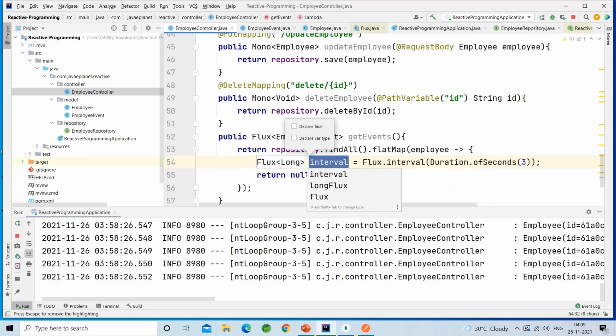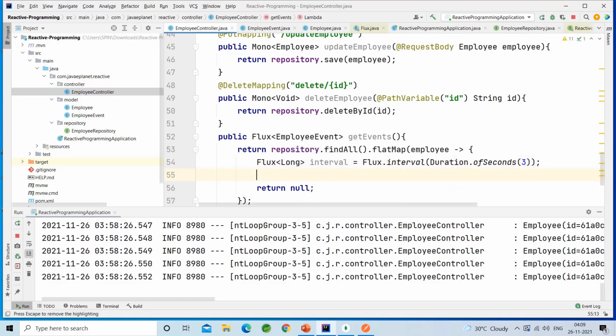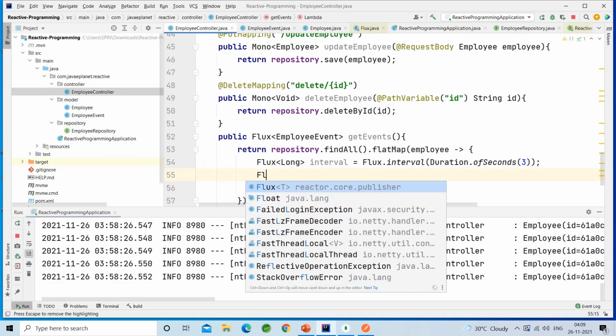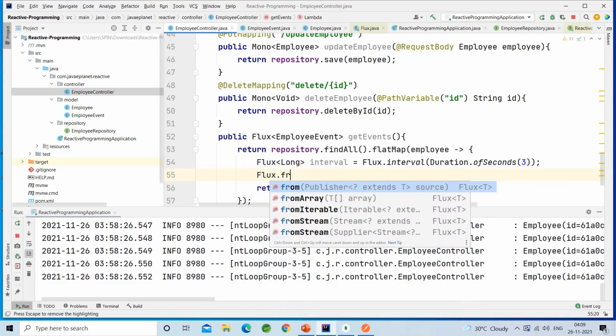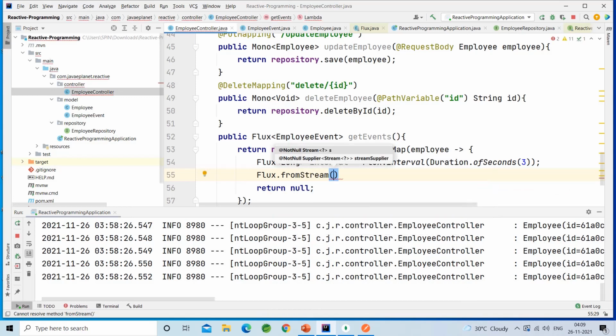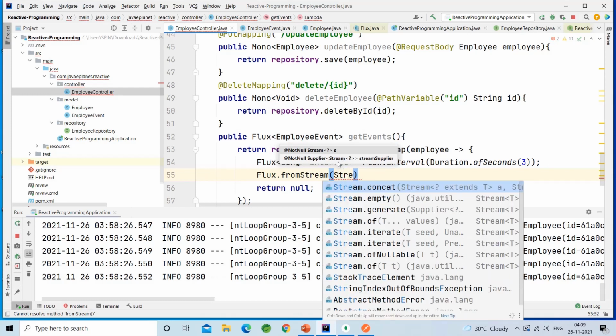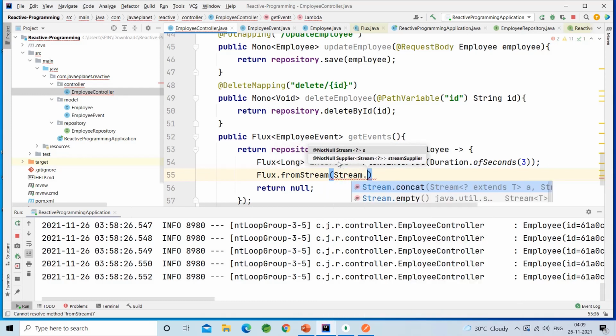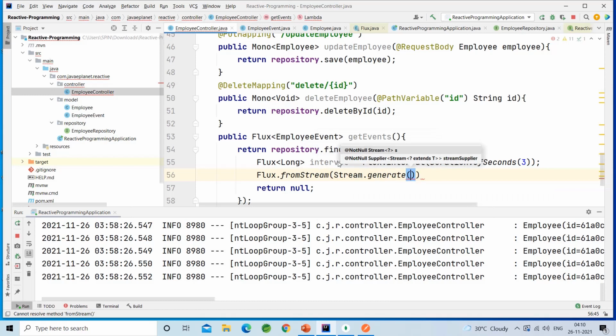Alt enter, introduce local variable interval. Flux.fromStream, that will take the Stream.generate.